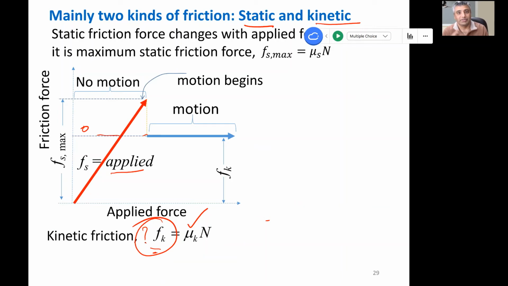Remember, when something is accelerating, normal force cannot be equal to mg. That happens. And there can be other situations. You cannot tell for sure unless you draw a free body diagram. So don't try to skip that portion of drawing a free body diagram when you are working with forces, okay?